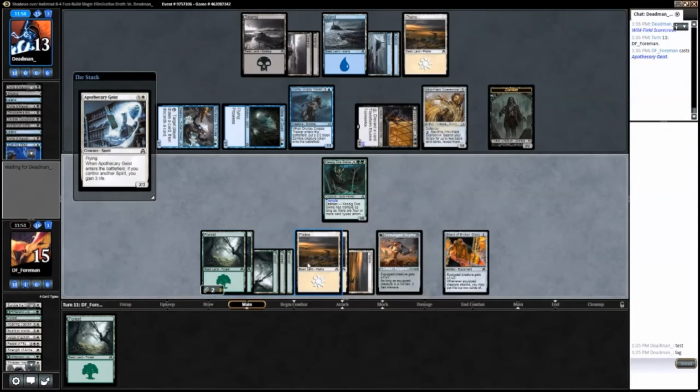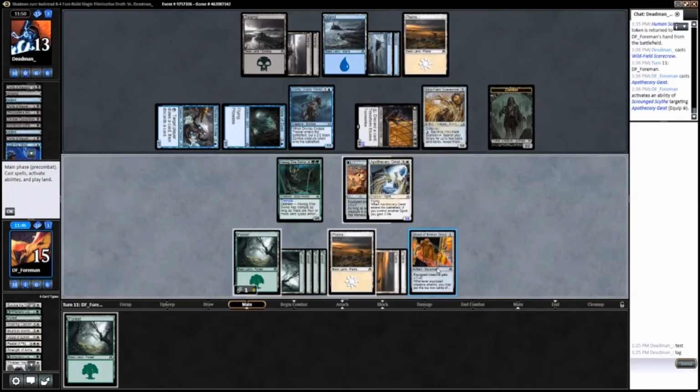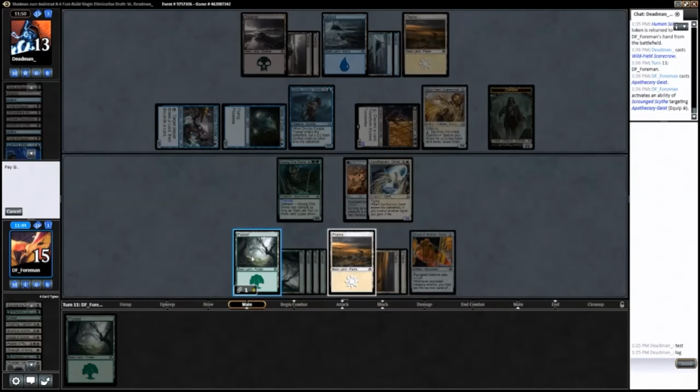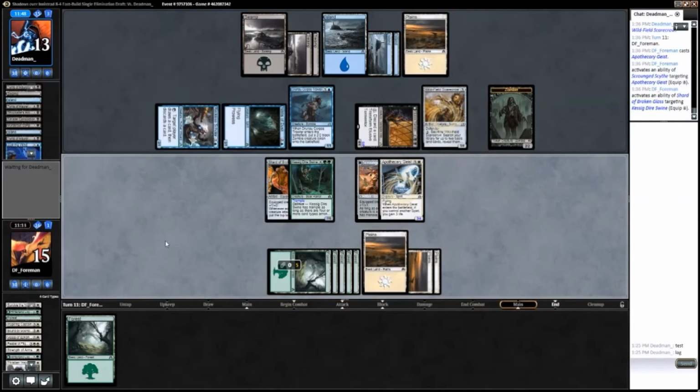Well, let's do this, I guess. I don't want to swing in with that Dire Swine because it's basically the only thing holding back the majority of his board. Because I'm going to crack in, and then I'm going to get, what, 1 damage on his face. Put him down to 12, and then I have no board. And I'm top decking, so...